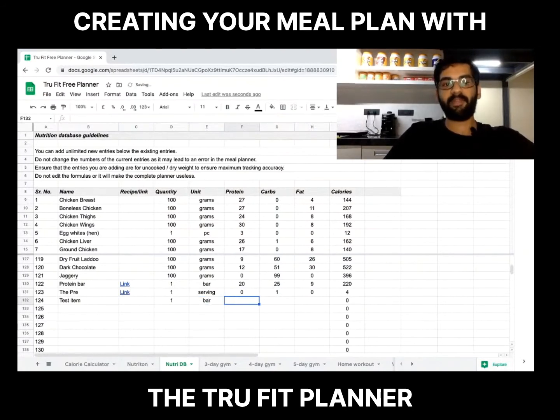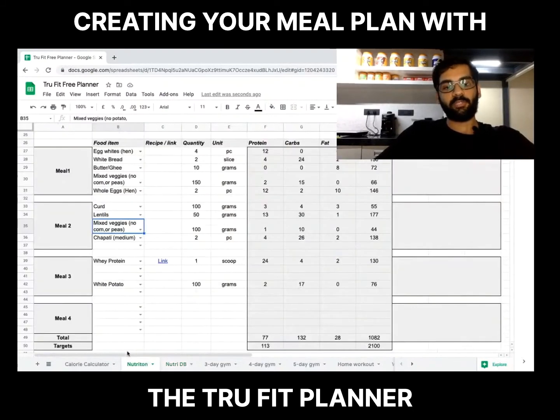All I need to do, if I want to eat this item in my plan, let's say it's a Kit Kat, for example. I want to have a Kit Kat someday in my plan. I see the back of the label, it's a 1 bar serving of 30-40 grams. Maybe protein is just 1 gram, carbohydrates are say 18, and there are maybe 9 grams of fat in it. So it's some 160 calories per bar. So I simply add an entry to this database.